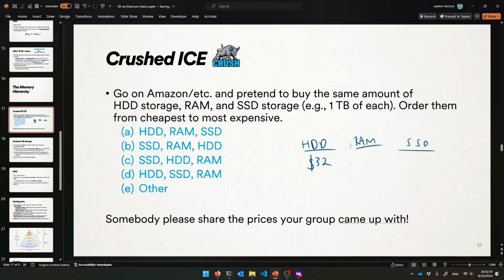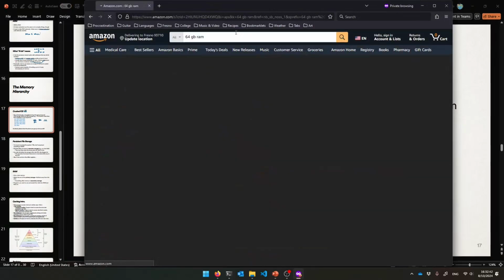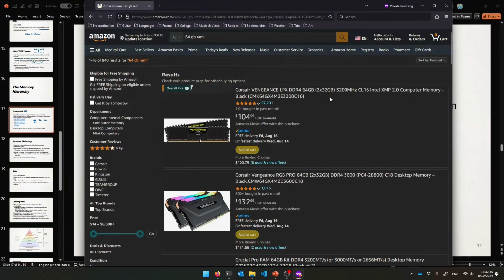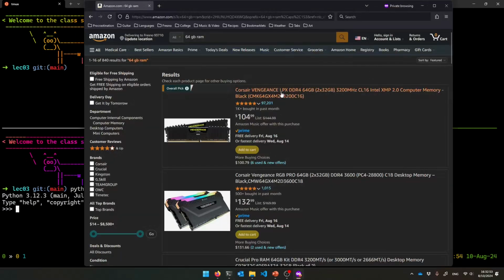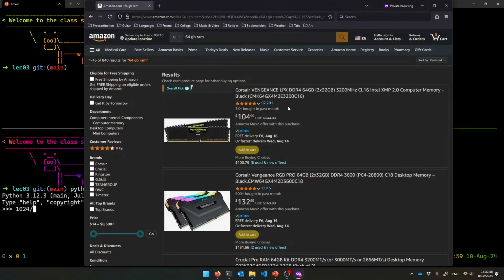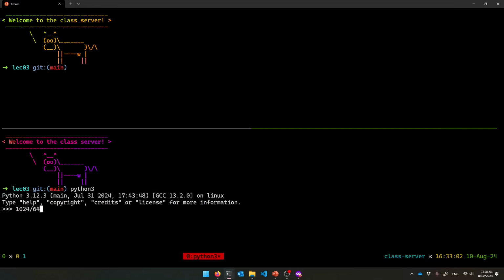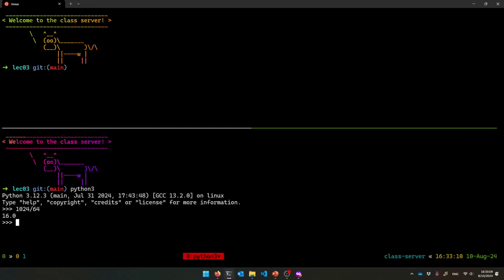You cannot buy 1 terabyte of RAM. So let's do 64 gigabytes of RAM, say DDR4, that's fine. I need to do math now. There's 1,024 gigabytes in 1 terabyte. So if I get 64 at a time, I need to buy 16 of these sticks of RAM, and it's $104.99 each, so that's about $1,700